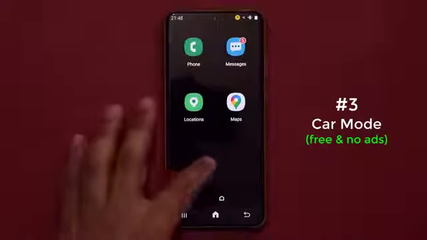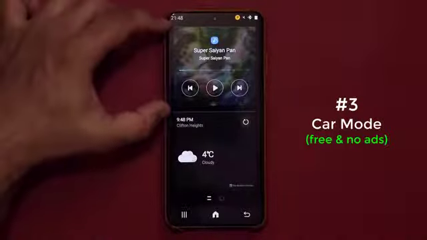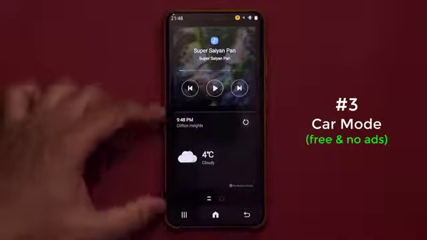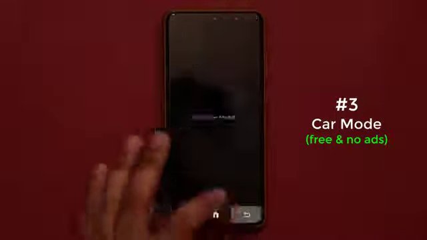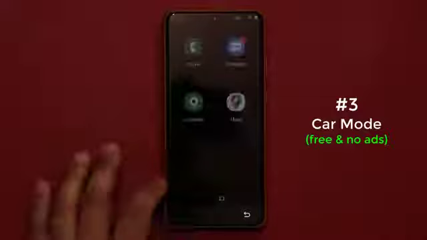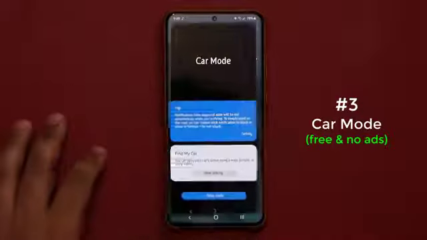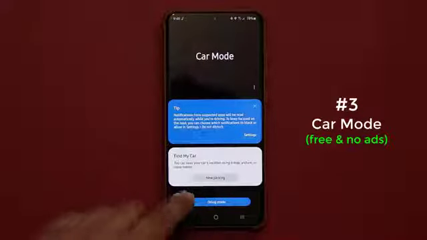What else you can do is you can swipe over and you actually have your music player and your weather widget. Now the good news is all these things can be edited. So let me just exit the car. When you want to exit it, all right, let me tap on that button, click on close. Then you go back into the car mode, all right, and you go to, instead of going to driving mode,